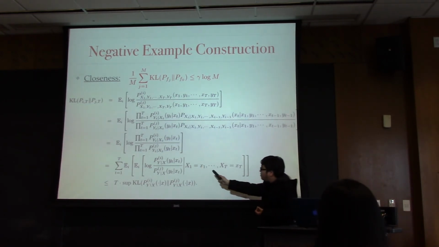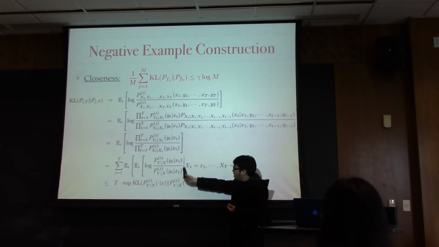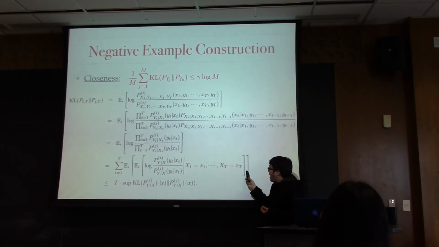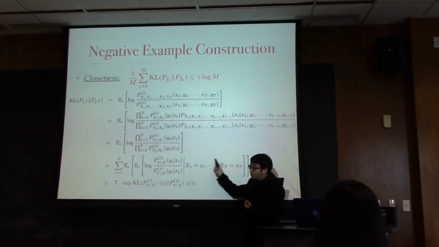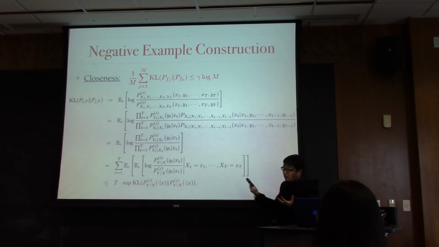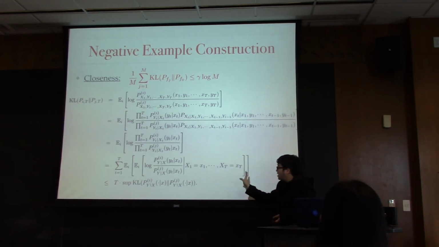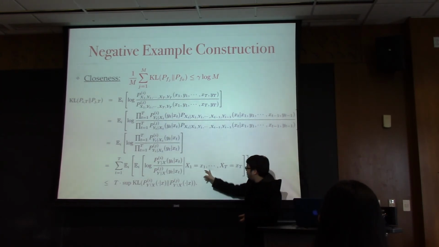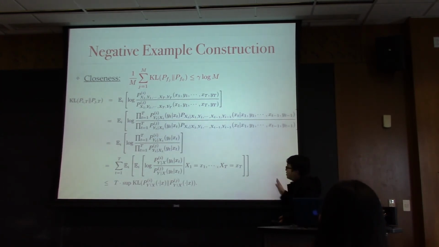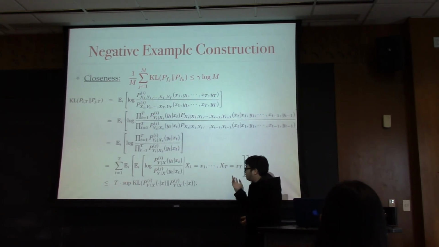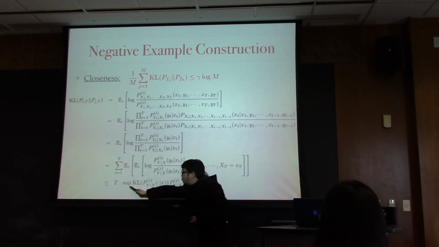However, when I expand this term to capital T queries, I get an extra conditional term here. There's no way I can get rid of this conditional term because it's an active learning algorithm, and this x1 to xt can basically be anything. So instead of finding the distribution of this stuff, I simply take the supremum over all possible data points. So this explains the supremum here.